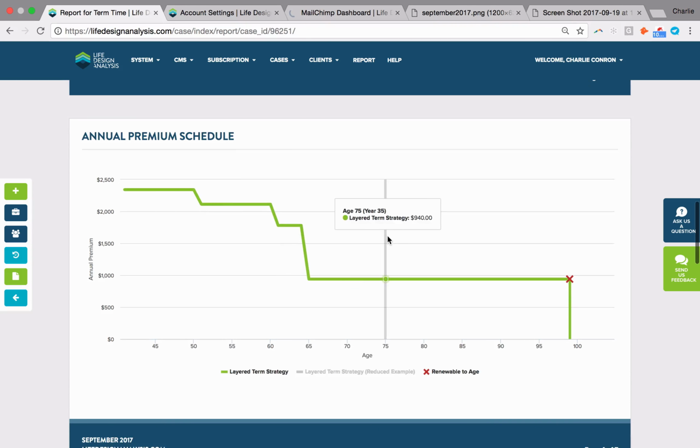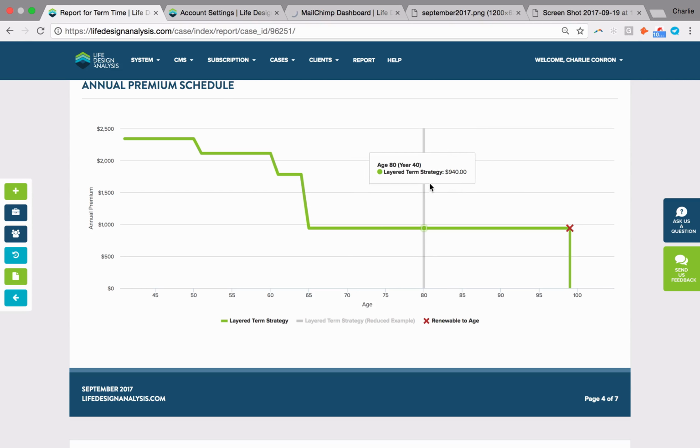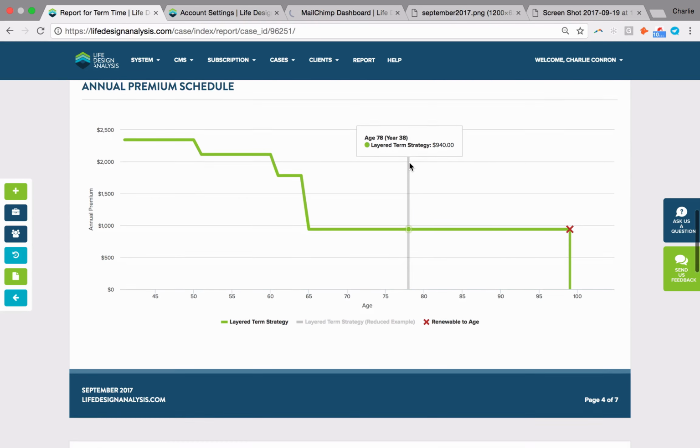And again, when we look at our annual premium, or our premiums as we go, we can actually just show you over the age of our client. Here are the different cost patterns, and actually see that at age 99, we would stop paying. But again, very affordable coverage. You may want to compare this with any other product or a different layering strategy. That's one of the beautiful things about the combined plans, is that you can do maybe a different mix of layers, or maybe a little bit favored on the permanent side. So again, feel free to play with those layers and even compare them against each other.